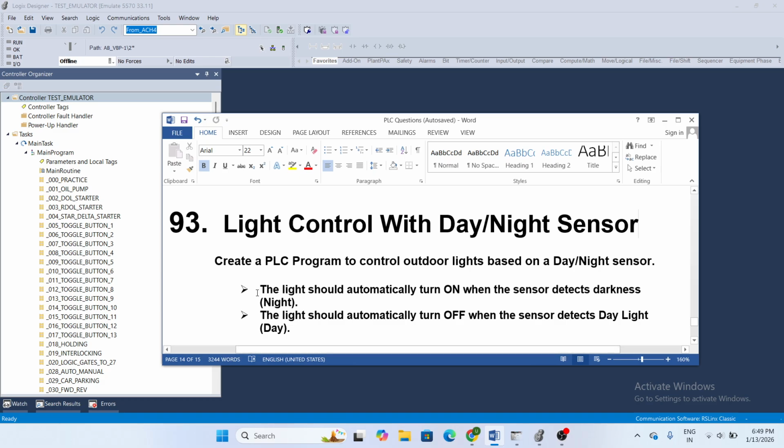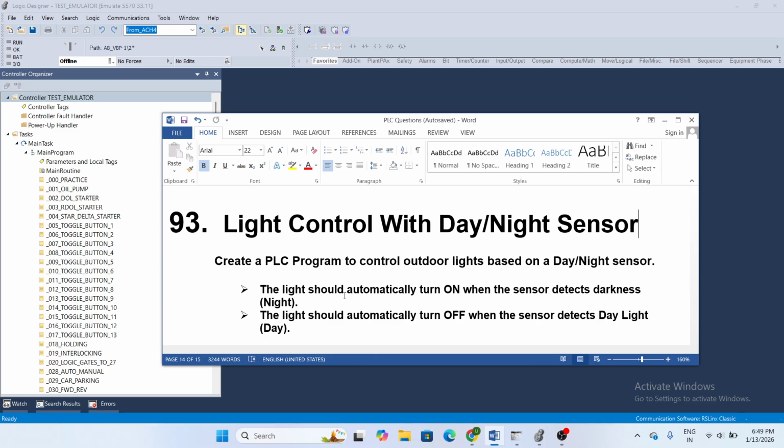There are two points. First, the light should automatically turn on when the sensor detects darkness, means the night sensor.